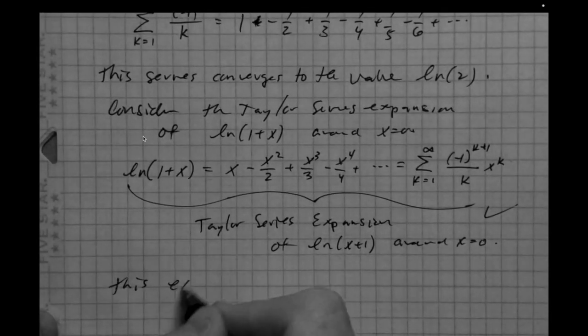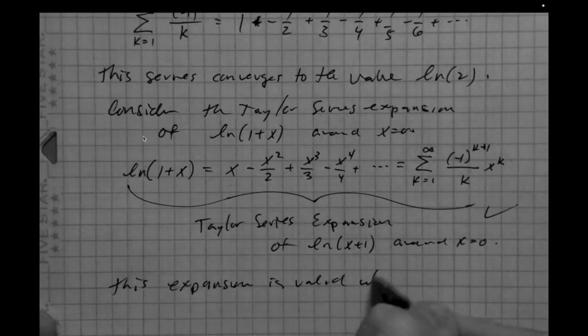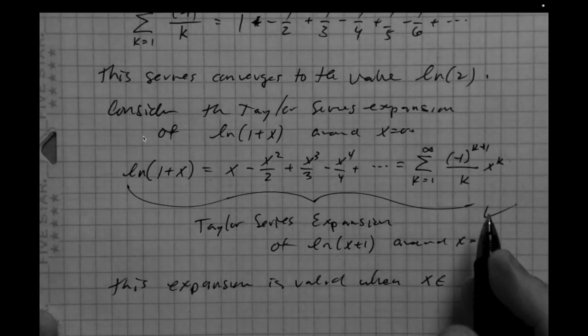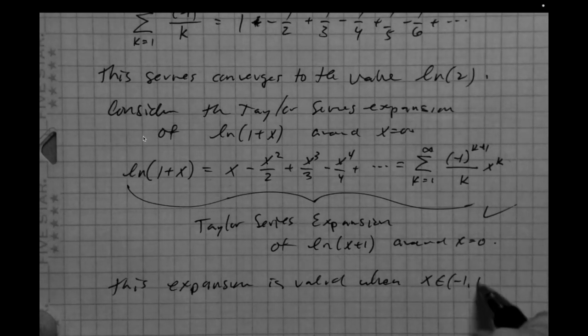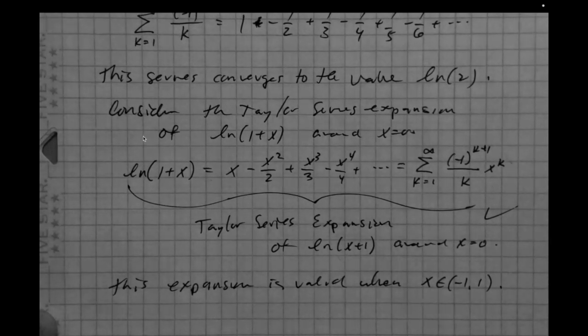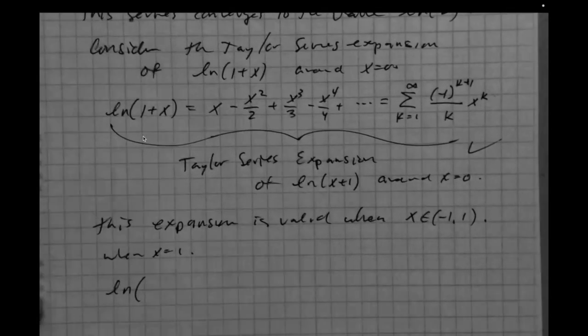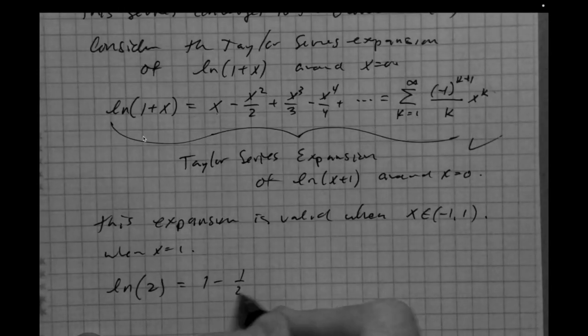So this expansion is valid when x is in the interval negative 1 to 1. Okay, and specifically when x equals 1, you can see what happens here. I've got ln of 1 plus x, which is ln of 2, and that's equal to 1 minus a half plus